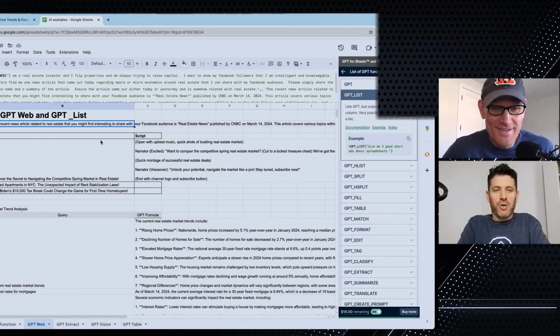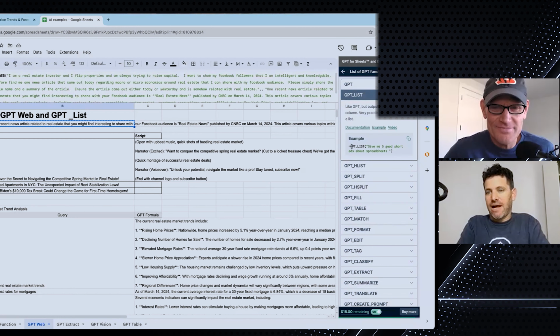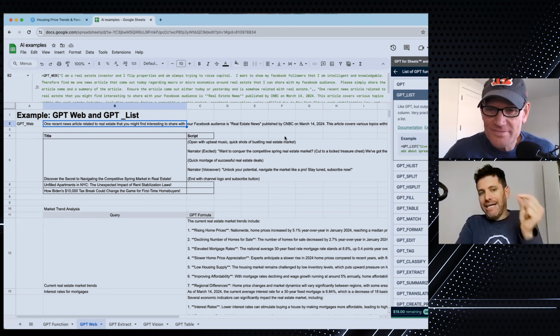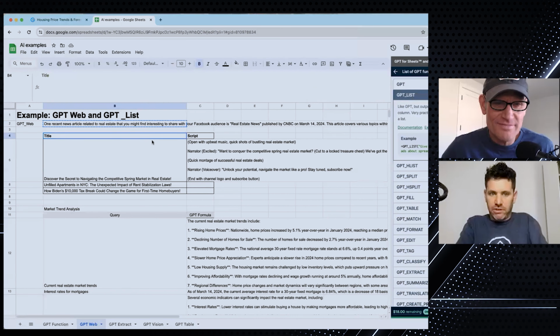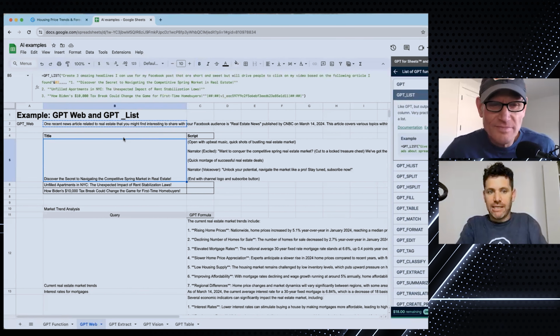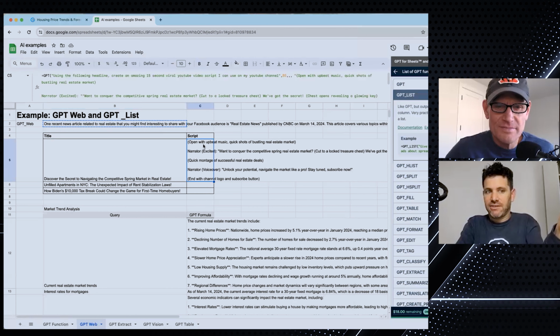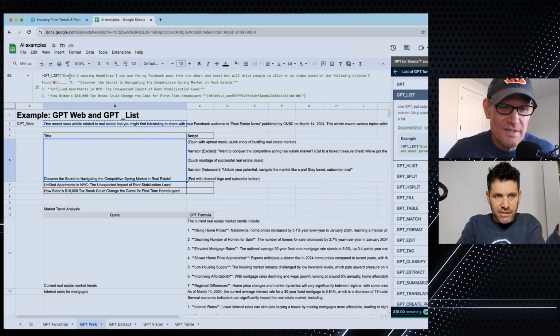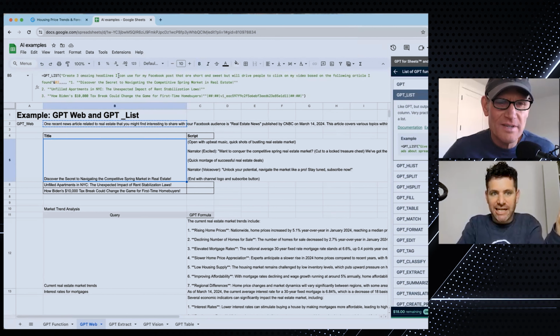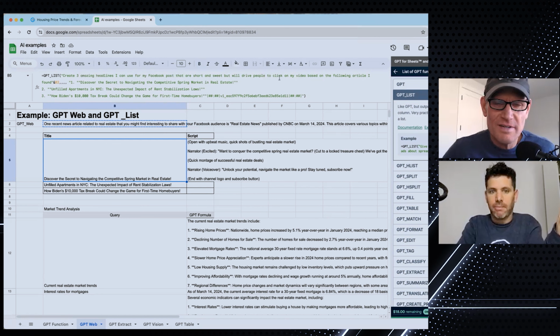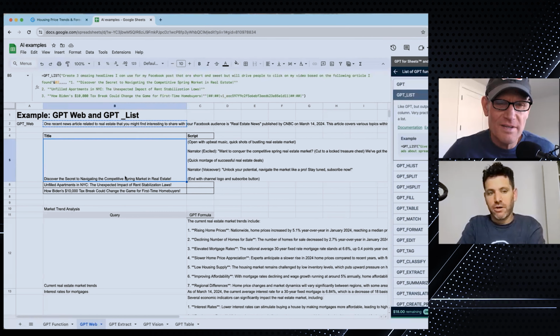So list is essentially like, here's an example. Give me 5 good short ads about spreadsheets. And it will give you a list in different cells. So what I said was, using this article that you found, give me five headlines that I could use with it. So here we go. I said, create 3 amazing headlines I can use for my Facebook posts that are short and sweet, blah, blah, blah. And so based on this article, it gave me